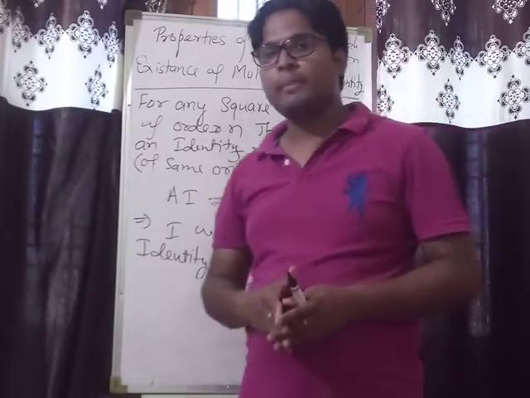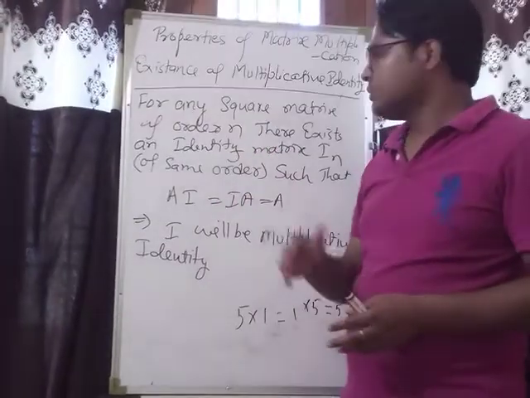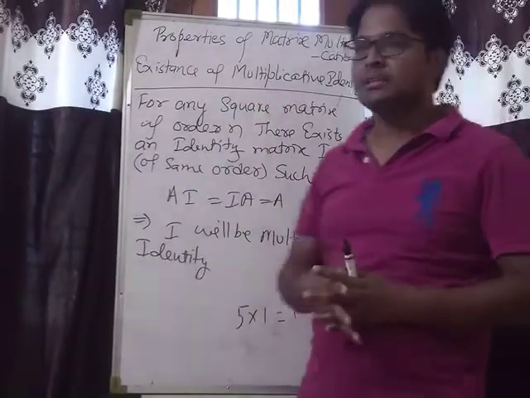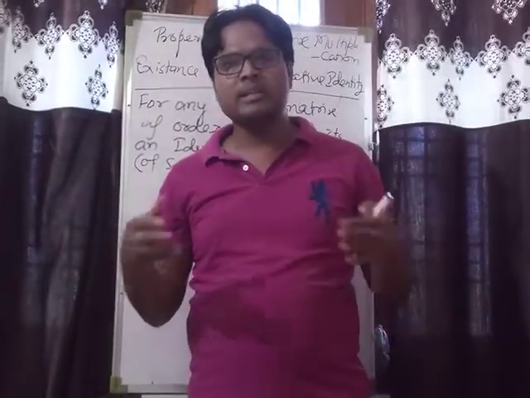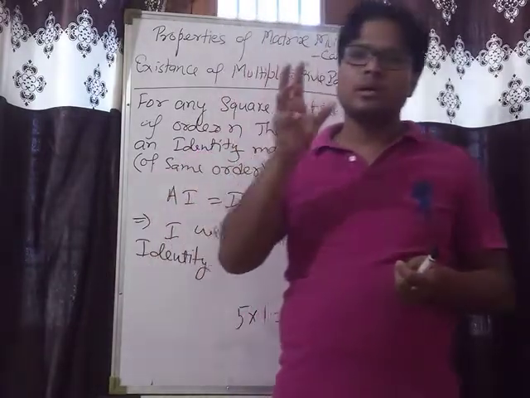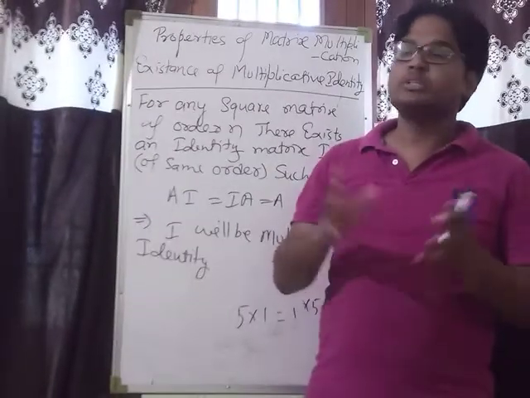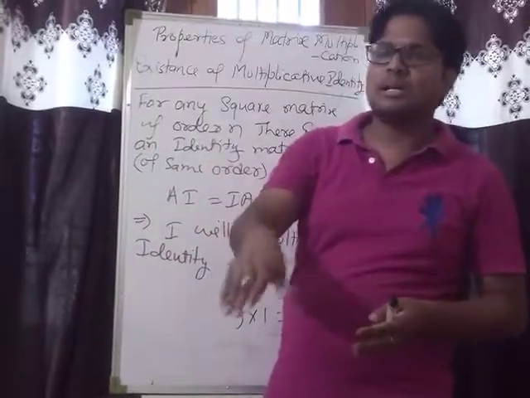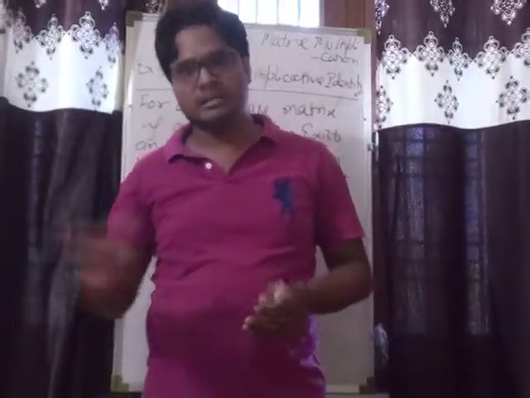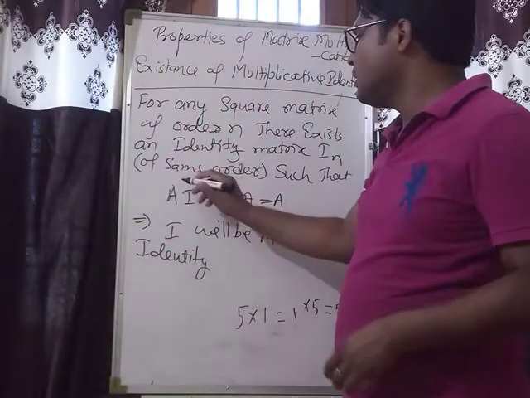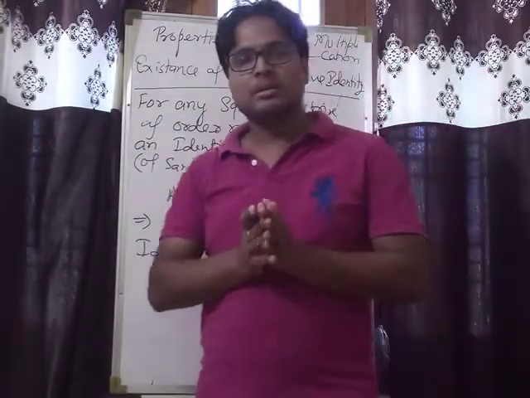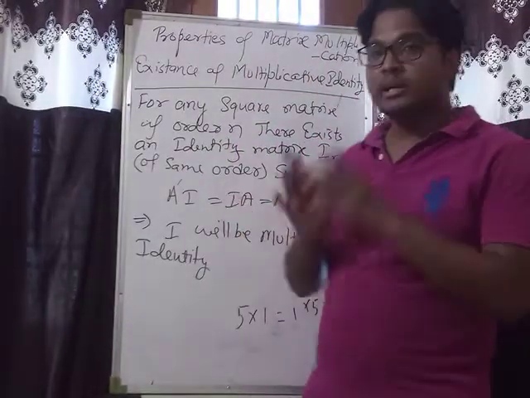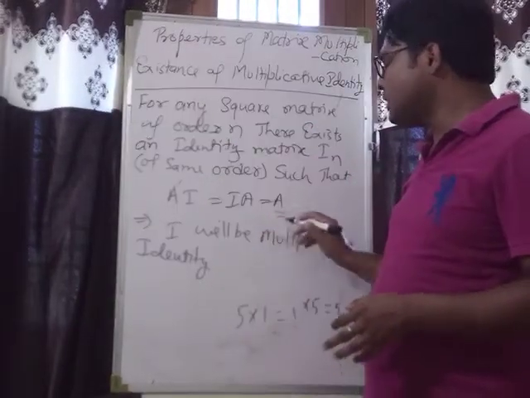In the same way, in the case of matrix multiplication, is there any matrix which when multiplied with any matrix, either on the right or left, gives the same matrix? For example, A is any matrix, then is there any matrix which when multiplied on the right or left of A gets the same result A?